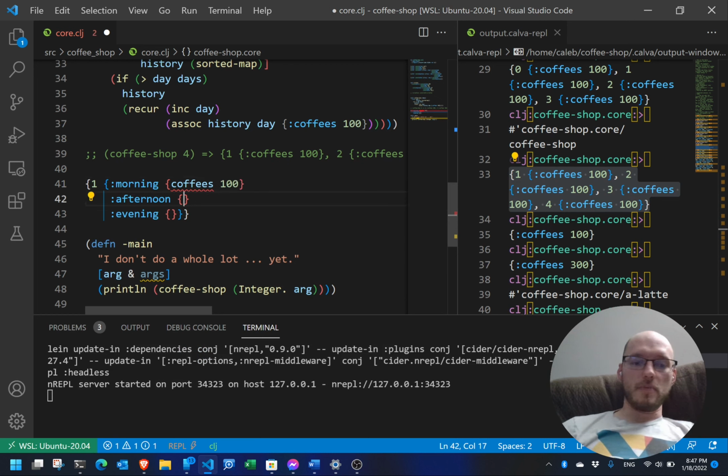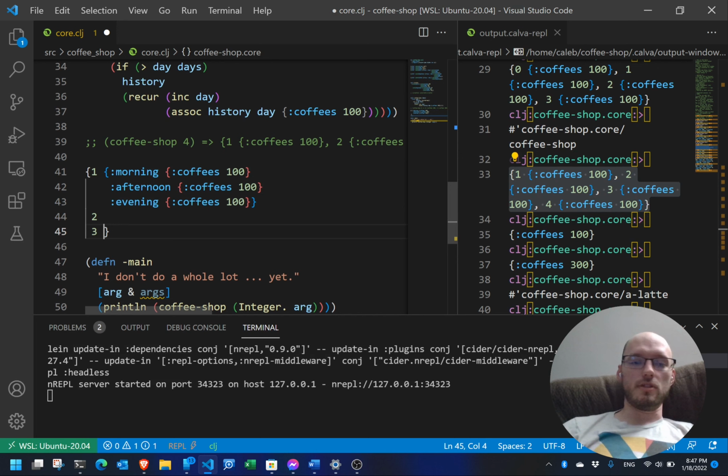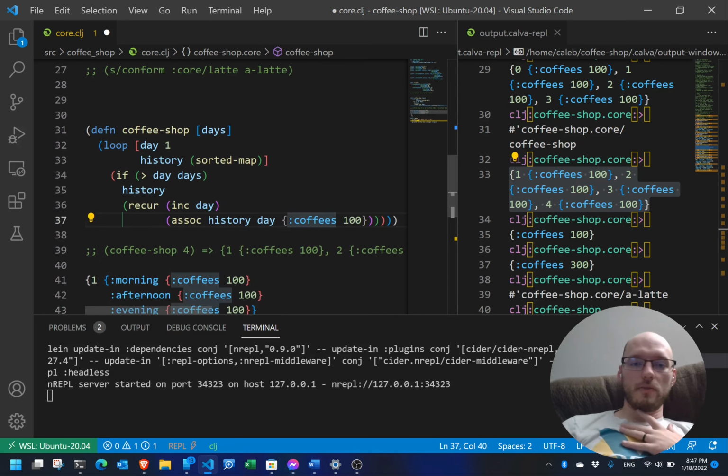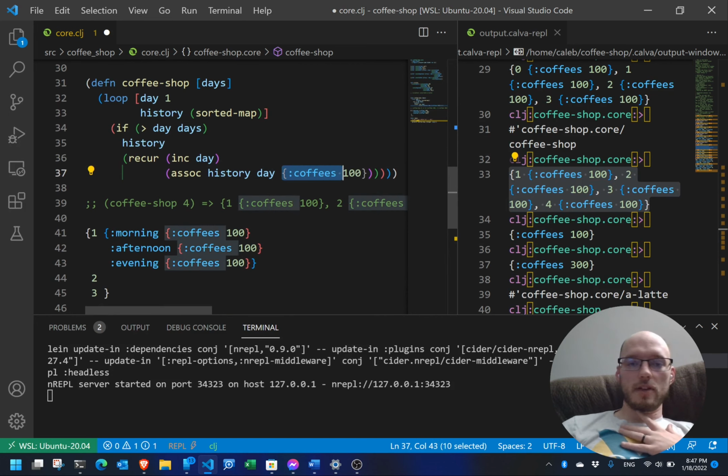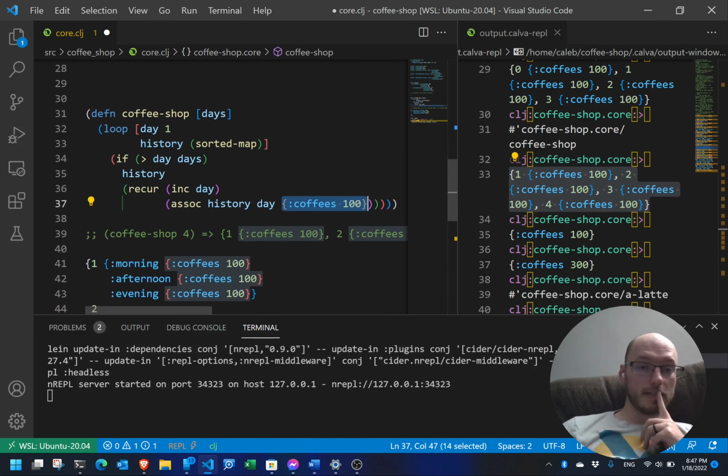And then in there is where we're now going to have how many coffees got made. Makes sense. There we go. So that's what's going to come back after each day, and then 2, and then 3. So that means this spot right here is where we need to make a change. So instead of just spitting back 100 coffees,